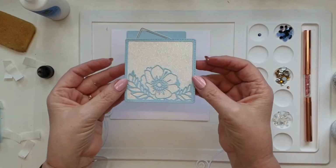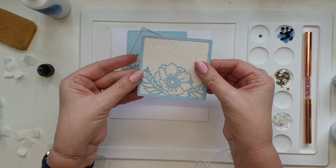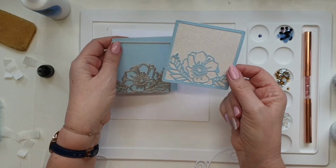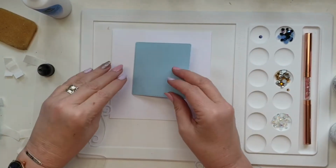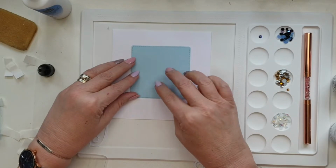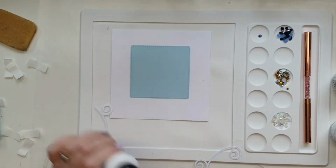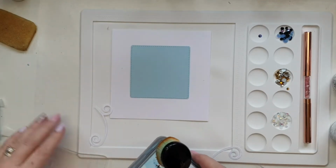Okay, so then we've got our die cut stuck to our Euphoria glitter card, and even that just on its own I think looks fabulous. So then what I'm going to do is I've cut an extra square and I'm going to put that face down on my card here in the middle, and I'm just going to use one of Lisa's brushes with a little bit of tumbled glass oxide ink,